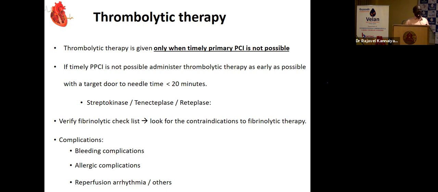It was found that in the current COVID situation, we were not able to do a primary PCI. If feasible, even with a COVID positive patient and with proper precautions, we can do a primary PCI. And if it is not possible within 90 minutes or within 120 minutes after the onset of symptoms, we can go for pharmacoinvasive. That means we can lyse the patient with thrombolytics, and then within 2 to 24 hours, shift to the nearby PCI center or cath lab and do a coronary intervention. This is equally effective to primary PCI in the current scenario.